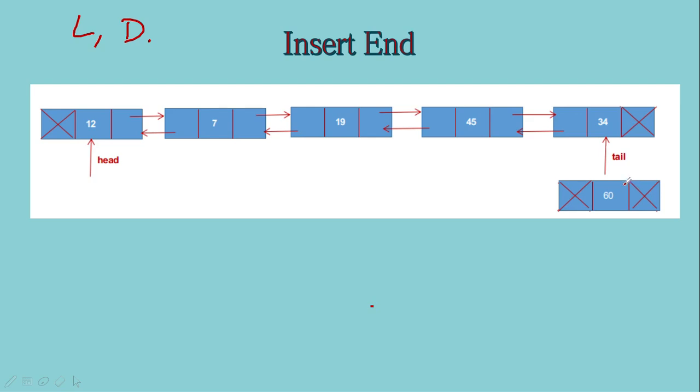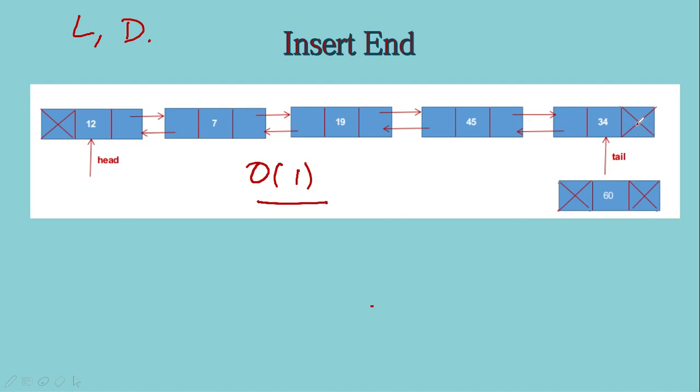Here the advantage of a doubly linked list is that we have two properties for it. One is the head pointing to the first node and the other one is the tail pointing to the last node. So we can use the tail for attaching the newly created node. So the time taken for this will be constant. The time complexity we will express in big O notation as big O of 1.